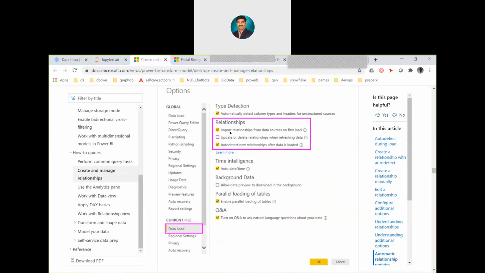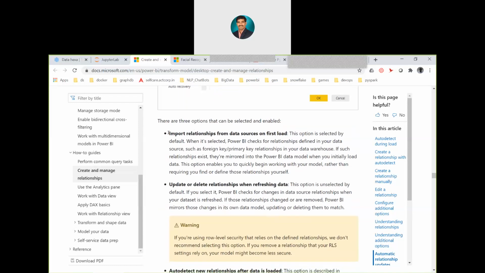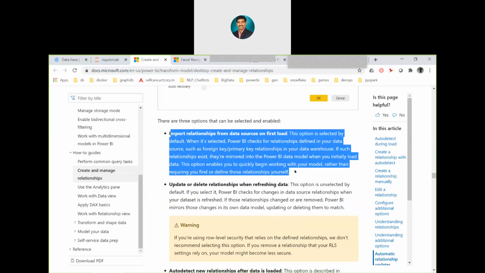What is the meaning of the first one? Import relationships from data sources on first load. This option is selected by default. When it is selected, Power BI checks for relationships defined in our data sources, such as primary key foreign key relationships in our data warehouse. If such relationships exist, they are mirrored, created here in the Power BI data model when you initially load the data.